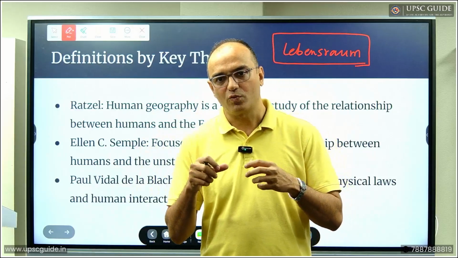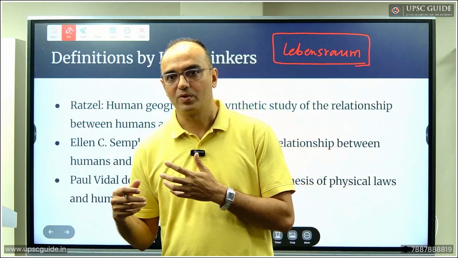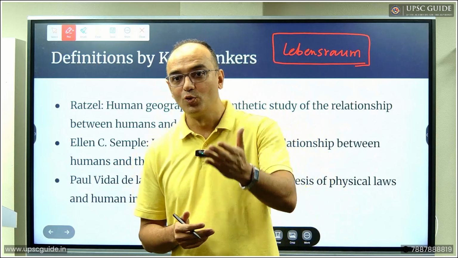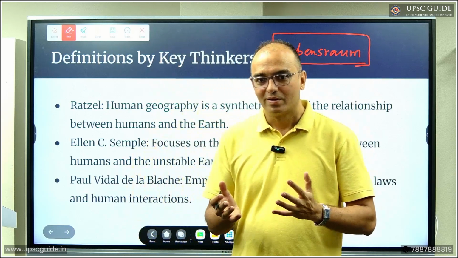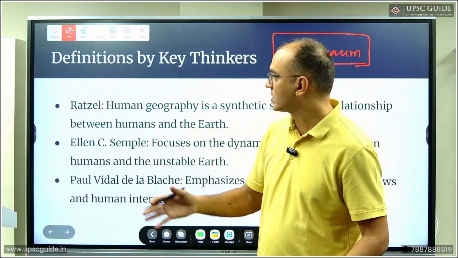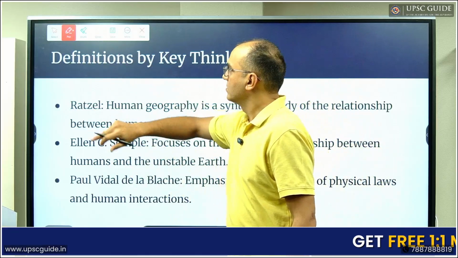That is why now look at what Elon Musk is trying to do, or NASA is trying to do, or ISRO is trying to do. We are going to look at Mars, Moon. It's an organism, right? We are growing. Humans, societies are growing constantly. So Ratzel, right? So let us go ahead.